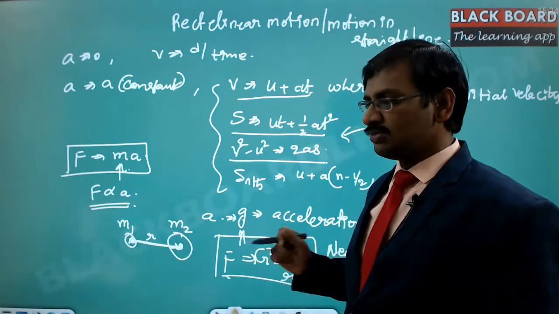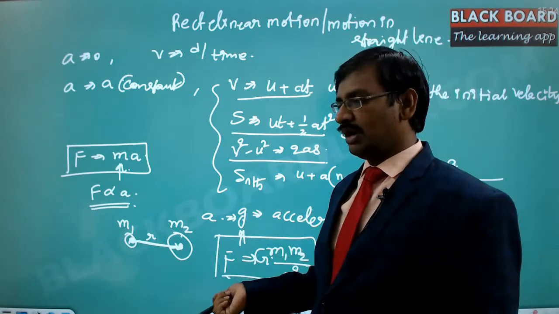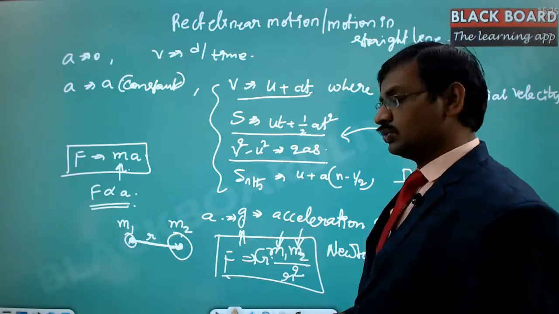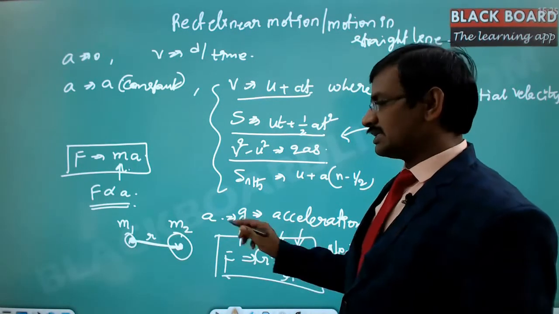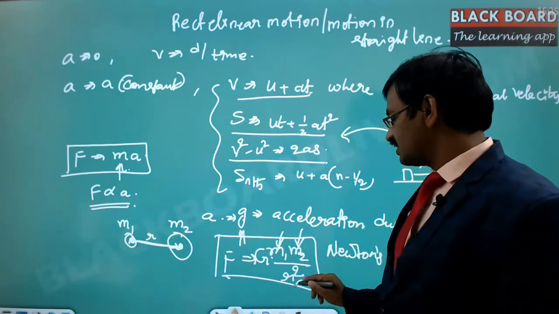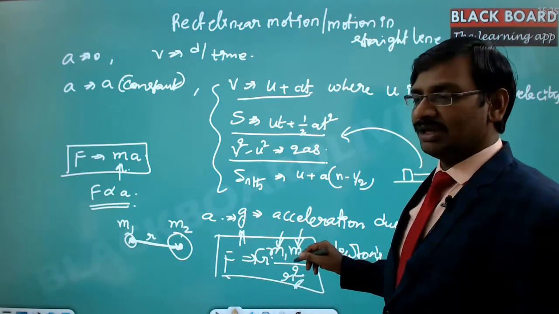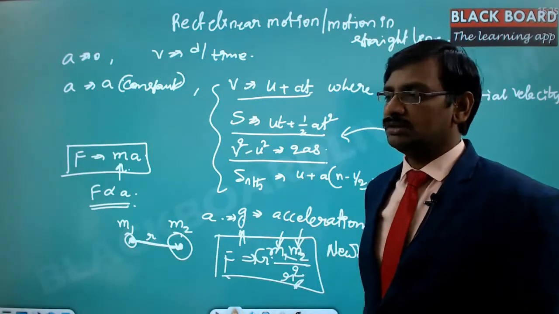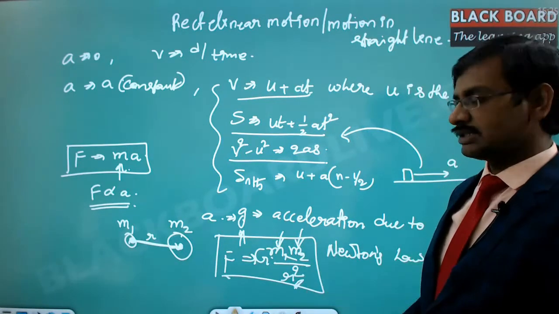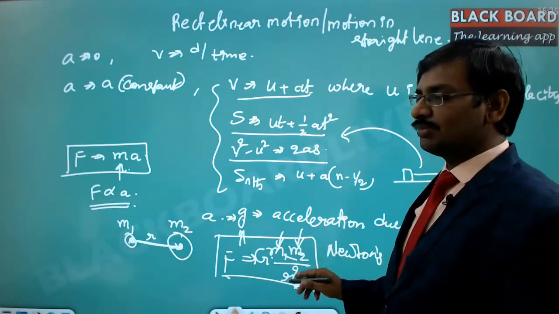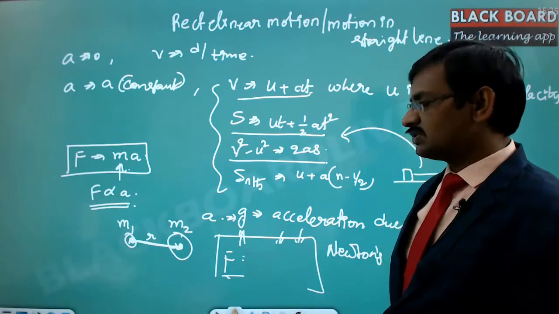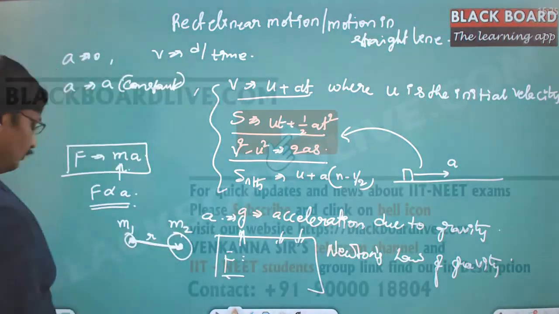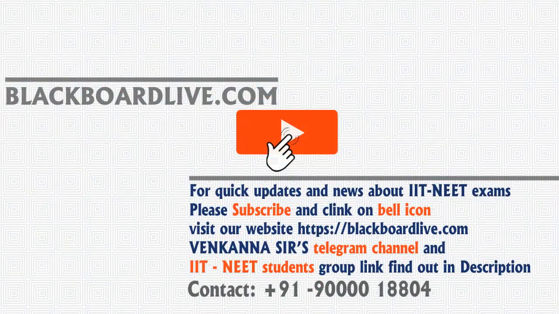The force magnitude is directly proportional to each of the masses. That means the force is proportional to mass 1 and proportional to mass 2, and the force is inversely proportional to the square of the distance between those two. That is why r square comes in the denominator. The proportionality can be replaced with a constant called G, and this constant is called the gravitational constant.